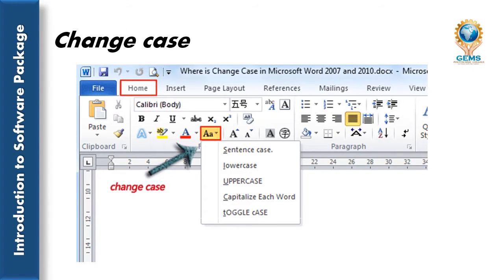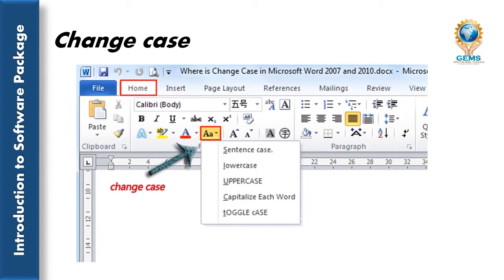So here is another important topic: changing cases. From the Microsoft Office Home tab, there is a Change Case menu option in the ribbon. Click on that Change Case menu or icon.